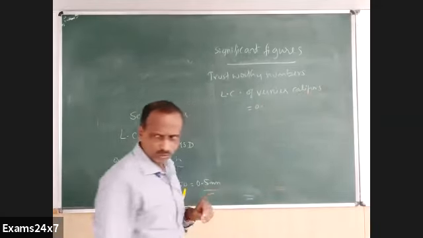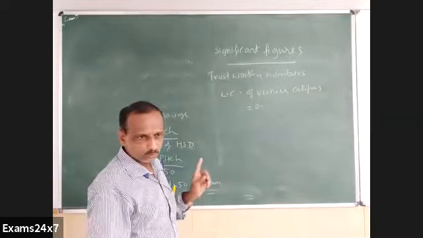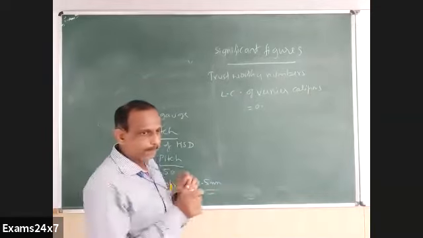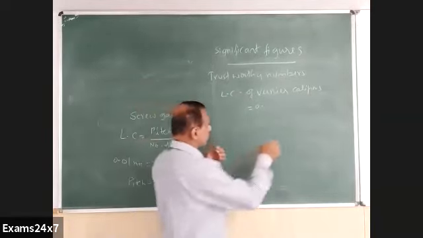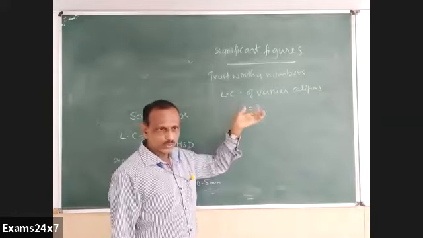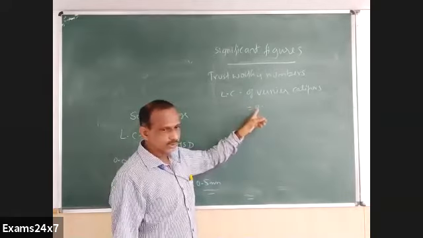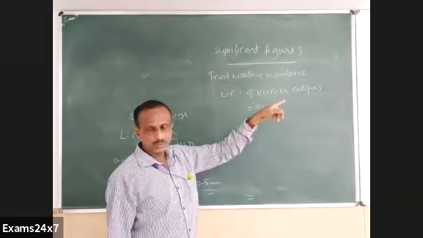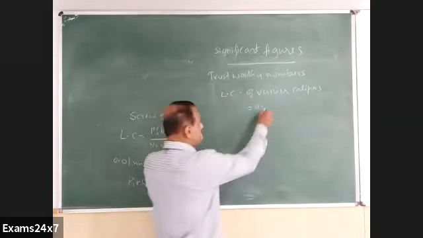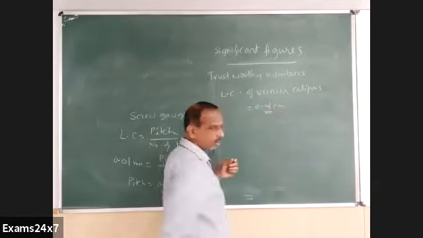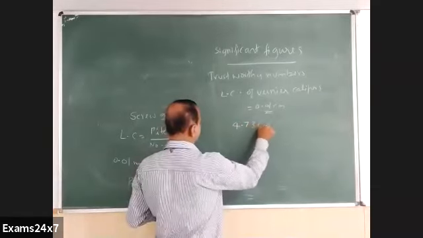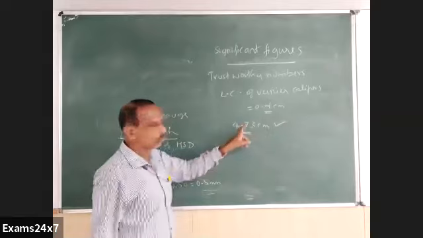Any idea what is the least count of vernier calipers? You have done it: value of one main scale division divided by the number of vernier scale divisions. In 1 centimeter you have 10 divisions, so 0.1 cm is 1 MSD. 10 divisions on the vernier scale becomes 0.01 centimeter. Therefore, when you take a reading in vernier calipers, you can get a number like 4.73 centimeter. This is proper. You can have 2 digits in the decimal part.